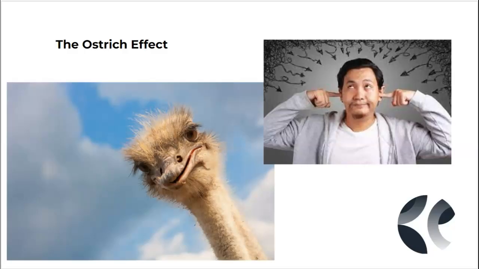Here we go with the Ostrich Effect. I found this one pretty interesting as I was reading and learning about it, and I definitely put myself in the same situation. The Ostrich Effect is basically if you have made a bet, let's say you put it in early in the week, and then you get more information throughout the week that the line's adjusting, the line's changing, maybe there are some injuries, but you just refuse to hear it, and you refuse to make an adjustment and pivot away from it, or make a good decision